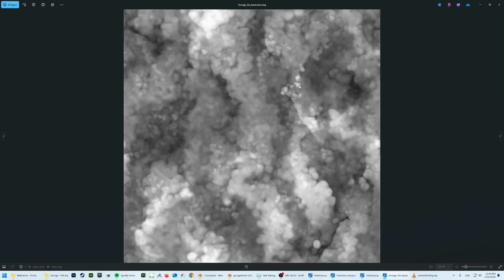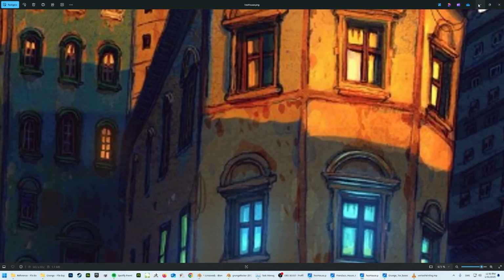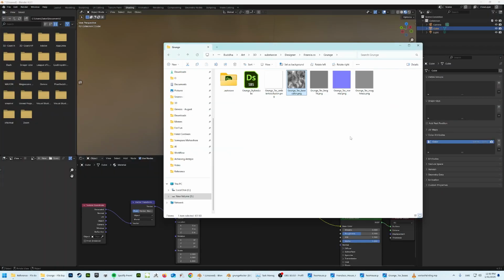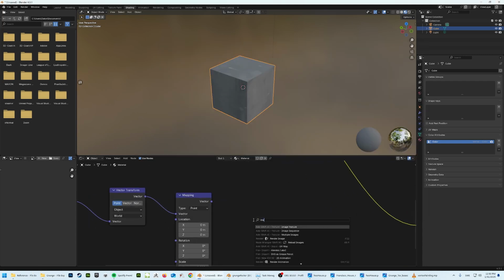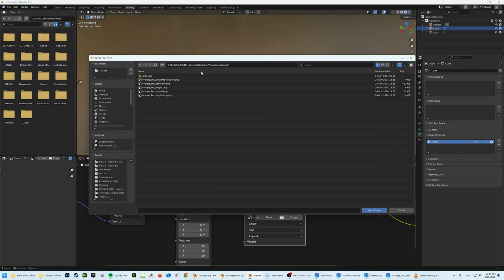Let's just look at the grunge very quickly. It is just a noise that has some kind of blobby things inside of it to give the feeling of this. My friend told me to avoid complete black spots and complete white spots and just have something in between, but that I probably need to test this out a bit. All right, and then we get our grunge map